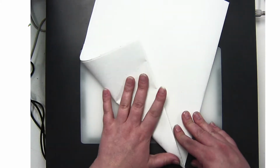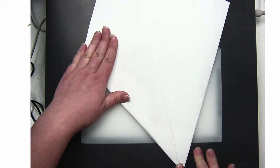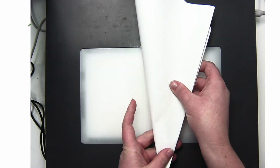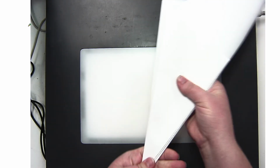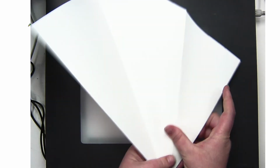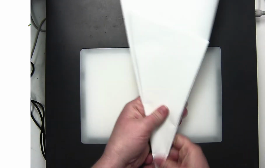So I'm going to fold it, not just so that it goes to the halfway point right here. And then I can flip it over and fold it again. So see how I have a nice folded section. It now has 1, 2, 3 sections here. That's what we want. And now you'll take your scissors